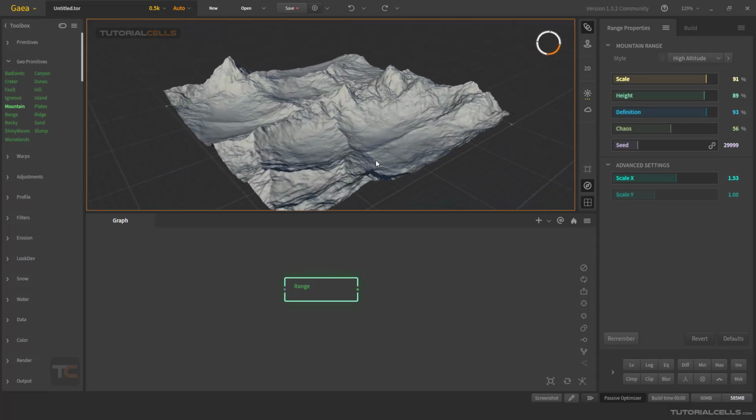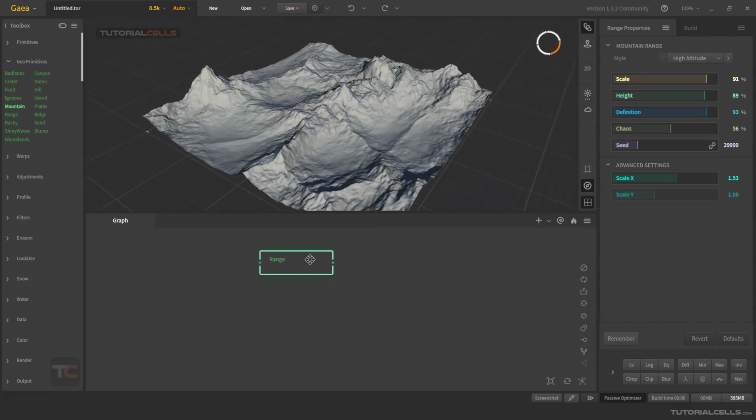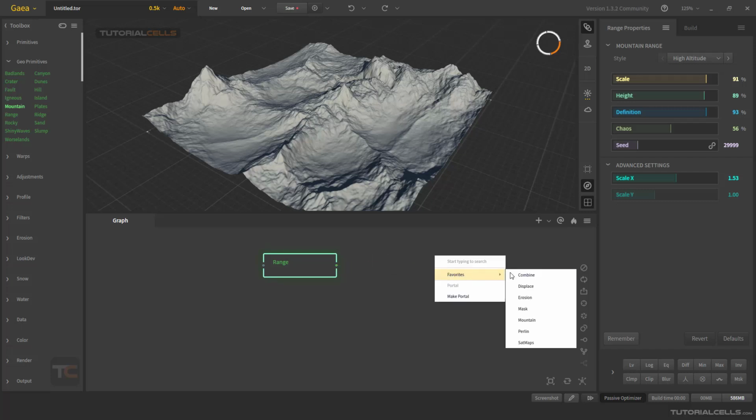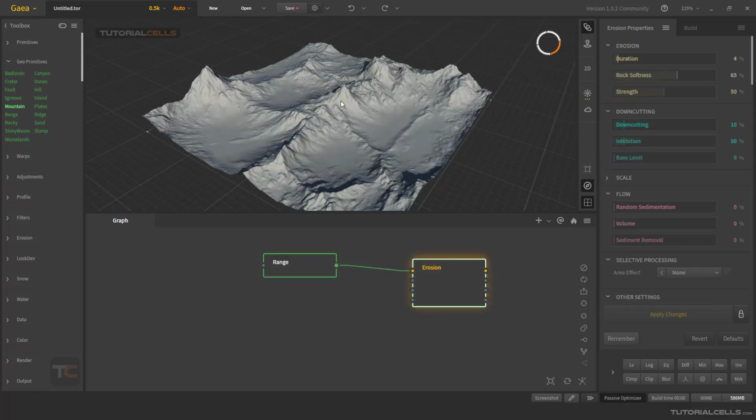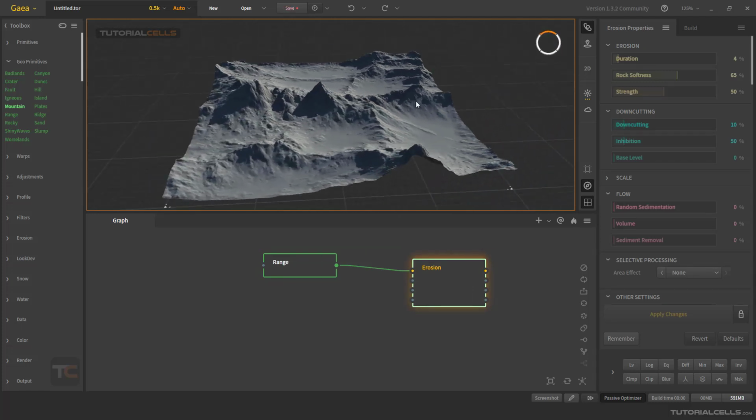And of course, after that, the better result for the range is to combine it and export it to the erosion node. Release it, and if you go to your favorites, your most useful nodes will be here, and here is an erosion. And as we can see, we have a nice and smoother